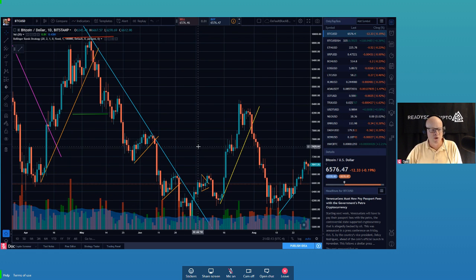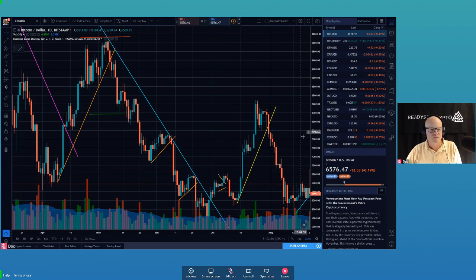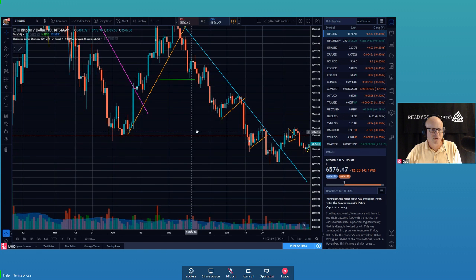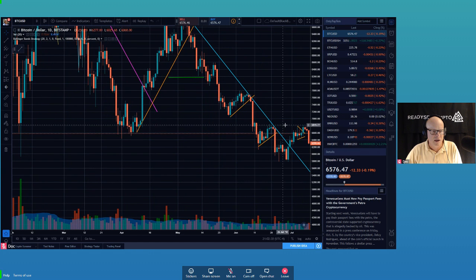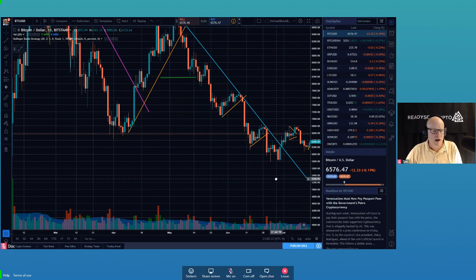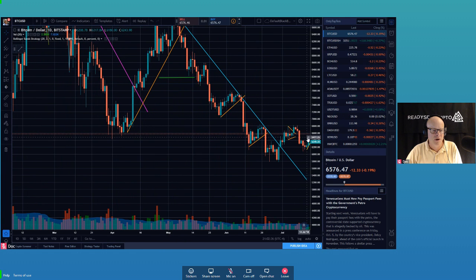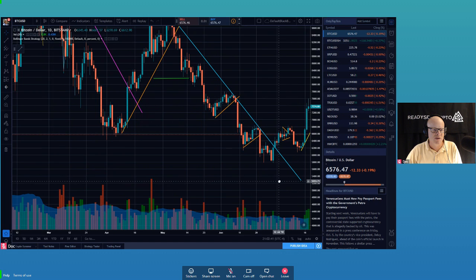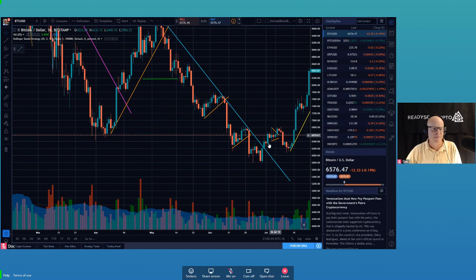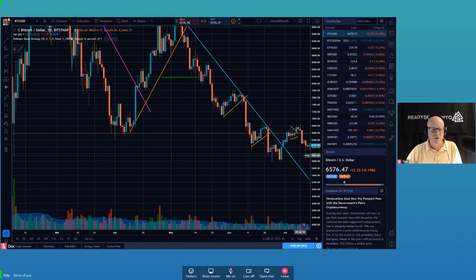So here was one swing that we took in Bitcoin. Just to show you an example of something to put this into play, here's a swing that we took in the summer. Downtrend, downtrend, downtrend. And then what happened here was we had an equal high, a higher low, and then we entered long right over here as the higher low got printed. And then boom, it turned into a higher high. So we took that swing long. Do you see that? Once the higher low is printed, then it starts the process to an uptrend.